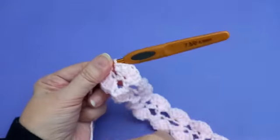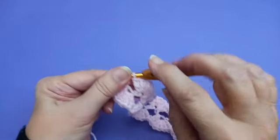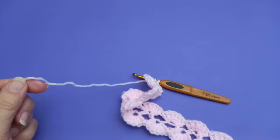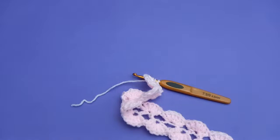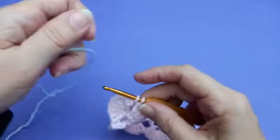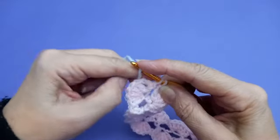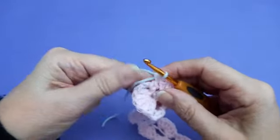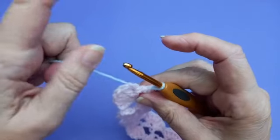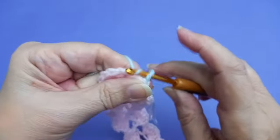Now, if you want to continue just in the one colour, then you don't need to cut or change your yarn. If you want to change your yarn, you're going to cut your yarn and bring in your next colour. Leave a long enough tail to sew in and pull it through those 2 loops. Now I'm going to take those 2 tails and just twist them over the top of my working yarn. Pull them in tight